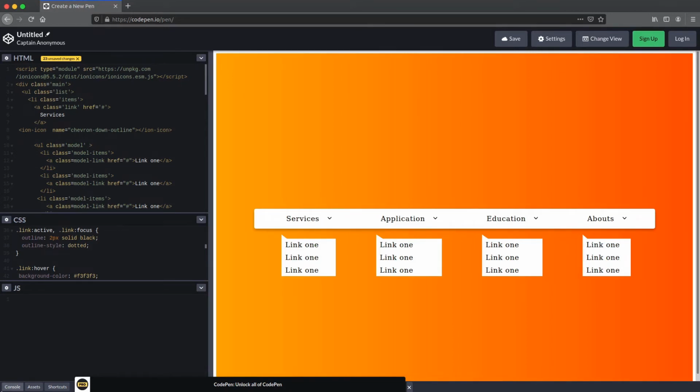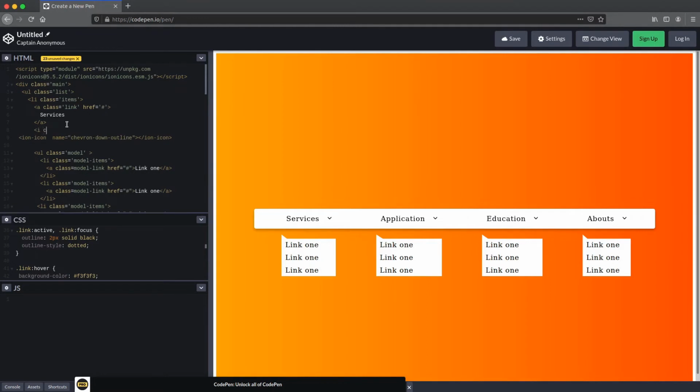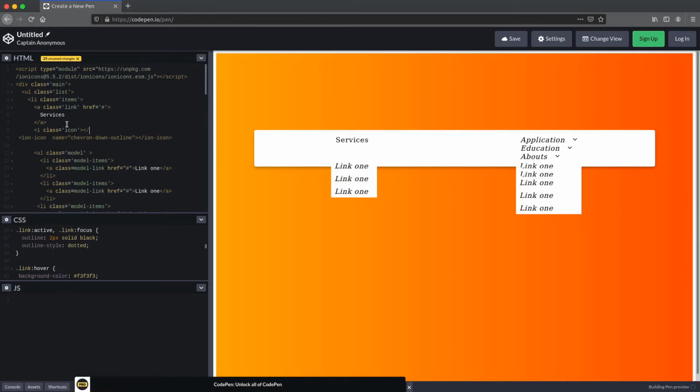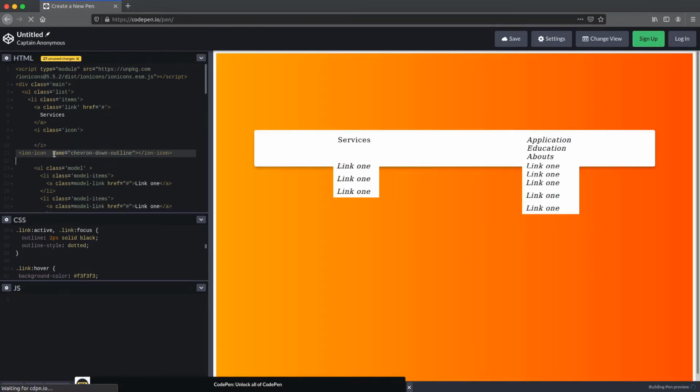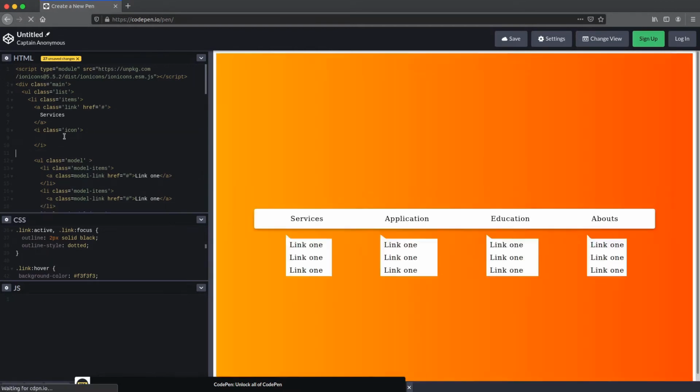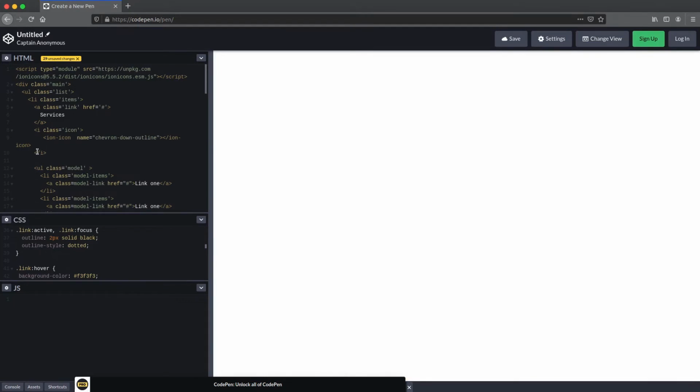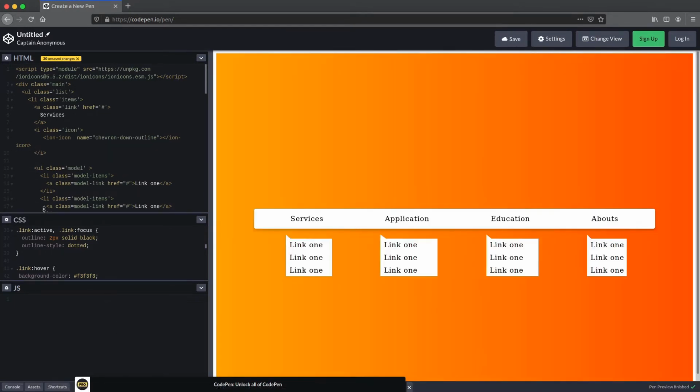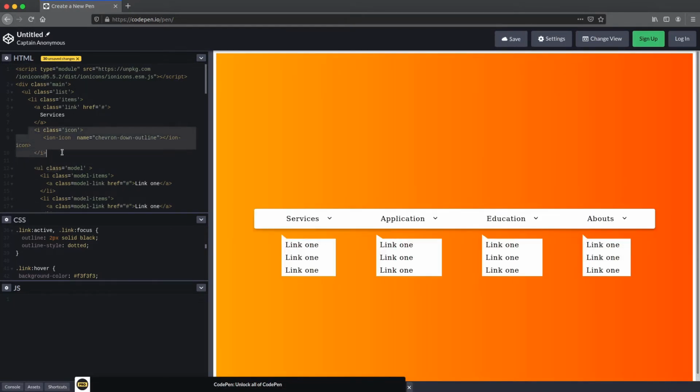I want to wrap our icon in an i tag like this, and I provide a class name, that is icon. Okay, and replace this everywhere.